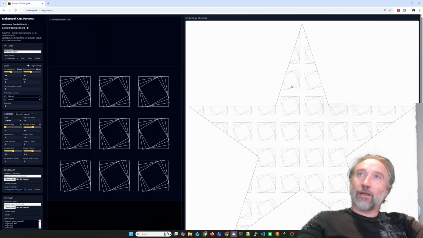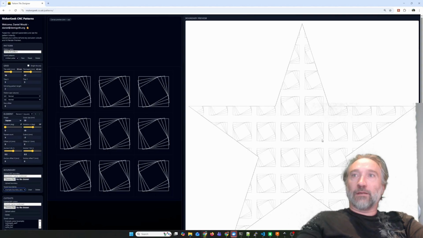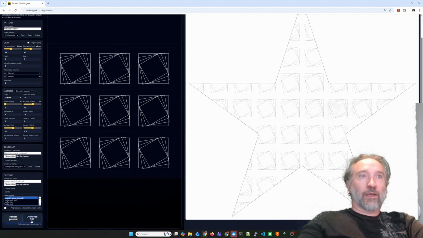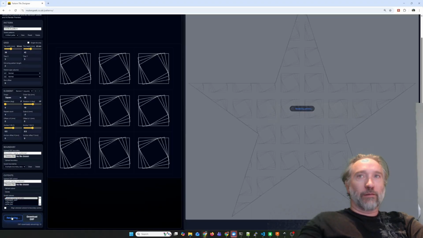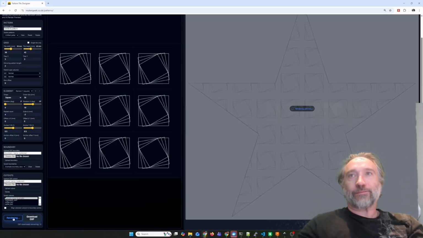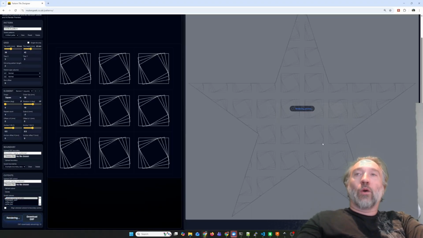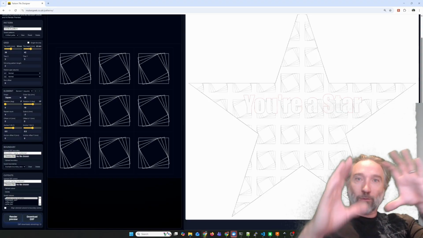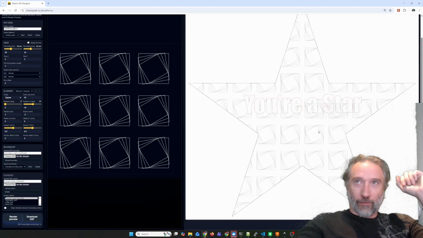So this is my boundary star, and it has been pre-filled with my pattern. And there is also an example cutout. So let's do that. It doesn't always auto re-render. You hit the render button and it will regenerate. And what we should see is, in addition to filling your boundary design with your pattern, you can then